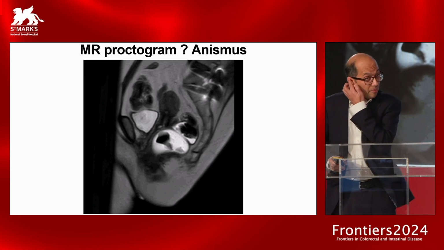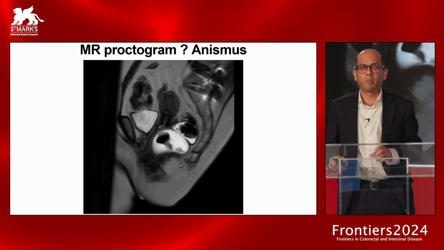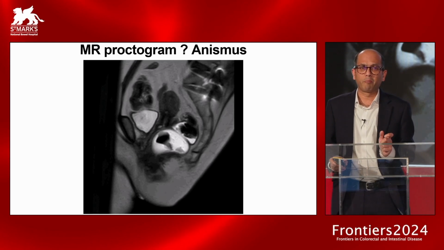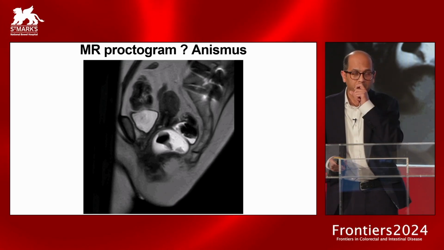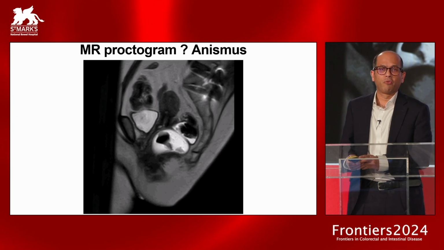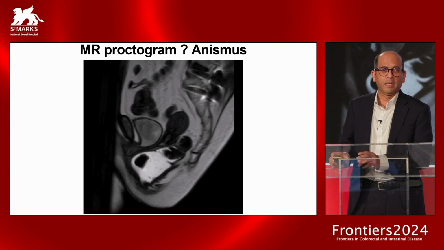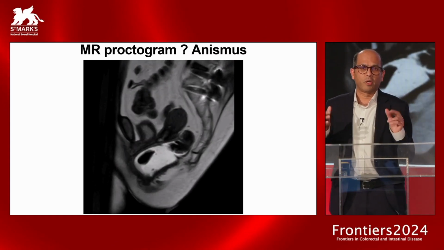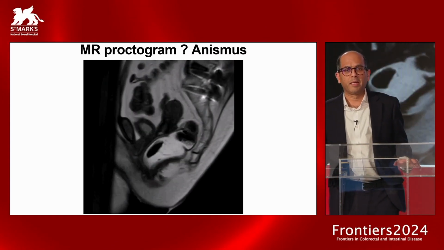So I'm just going to show some examples of MR proctograms in those patients who had both an MR and a barium, just to show relative advantages and disadvantages. So this is a patient who was referred with a question mark of anismus. So hopefully this will run. I'm obviously not going to show the whole examination, but the emptying